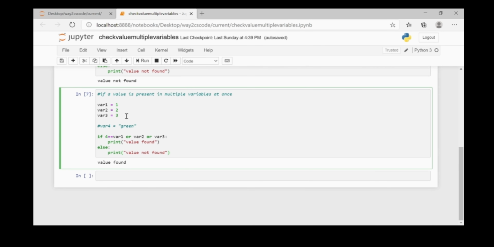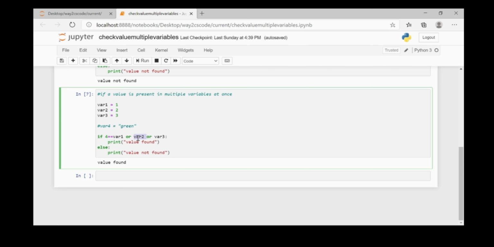Why? Because the way this whole expression evaluates is, it will go to the first condition and check if it is true. If it's true, then it will come here. If it is false, then it will go to the next condition. And if this one is also false, then it will go to the next condition. So here first it will check if variable 1 is equal to 4, and it is found to be false, so it went to this condition.